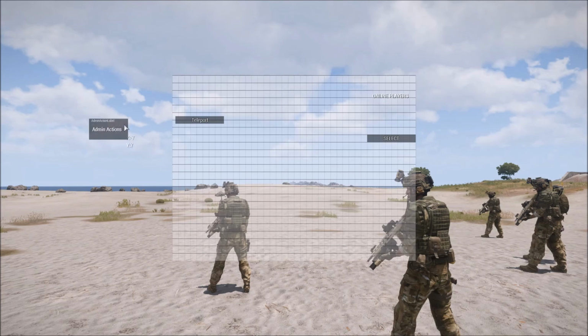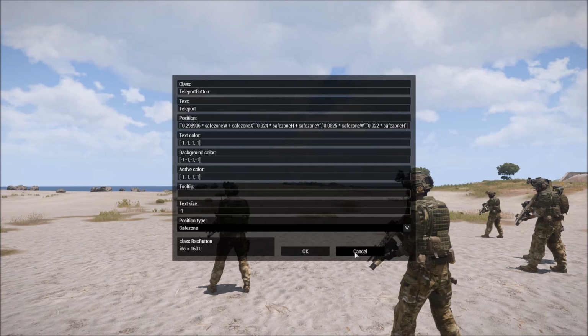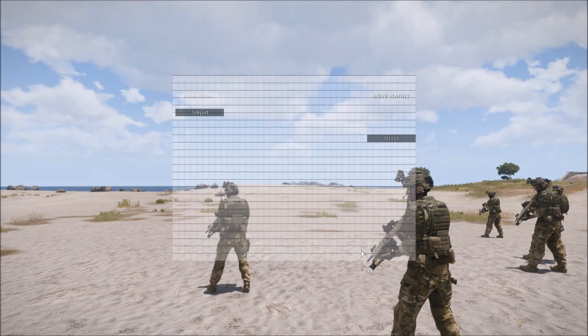Let's resize this a little bit. Move it over here. See if we can get it in line with our online players. Move it up a little bit. Over. Looks good there. Let's move our teleport button up. And that looks good. Alright, so